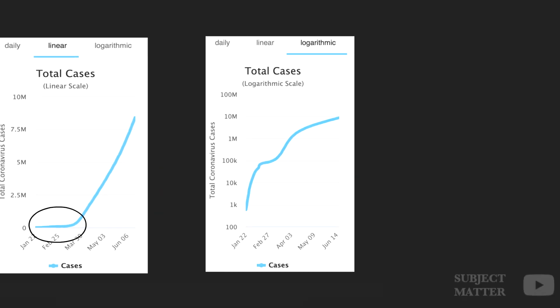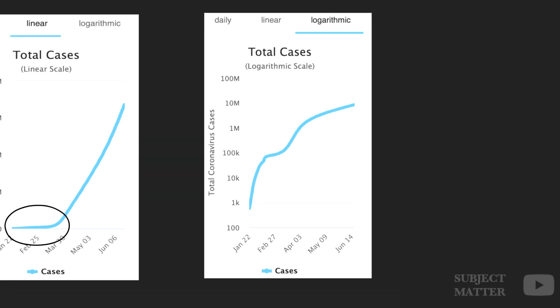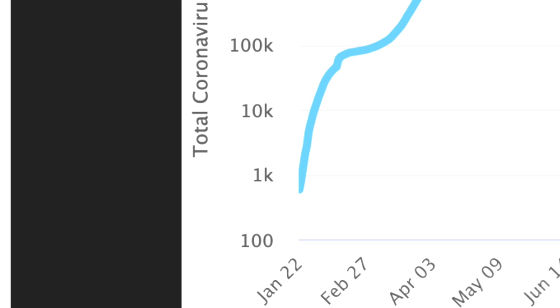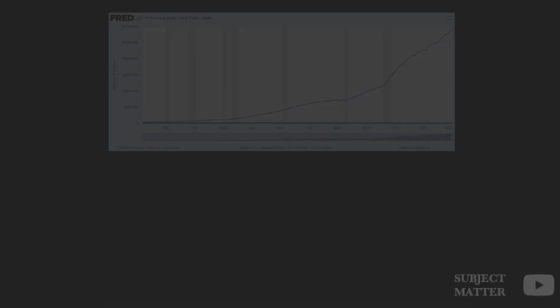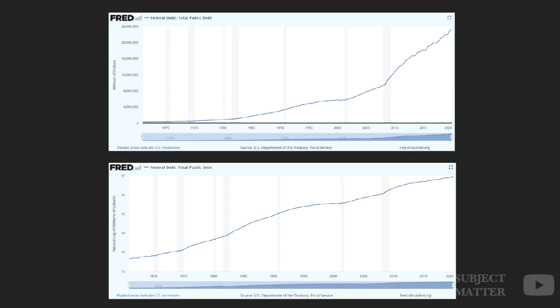The logarithmic scale is much easier to analyze for the growth rate of the pandemic if you understand what it means. Furthermore, even the y-axis scale is actually much more interpretable until around March 8th, as opposed to the linear interpretation, which has divisions of 2.5 million. It just works. 16 times the detail. There are a lot of data that in a linear fashion show an exponential growth rate